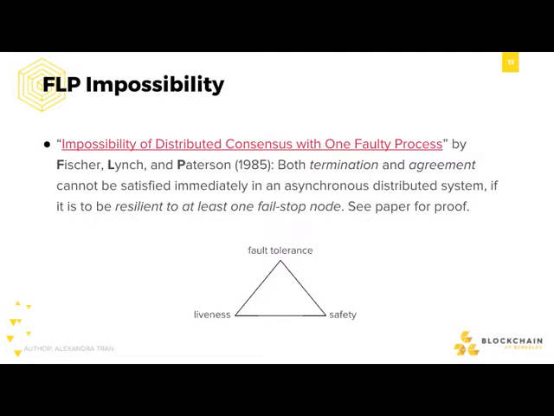The proof is really complicated. It's super interesting. I recommend you read it in the paper. But as you can see, this seems pretty similar to the CAP theorem because we're stating that there's some trade-off between these three properties of fault tolerance, liveness, and safety. But the obvious difference is that in this case, the FLP impossibility proves this result for a system with only one fail-stop node, which is quite different than a network partition.